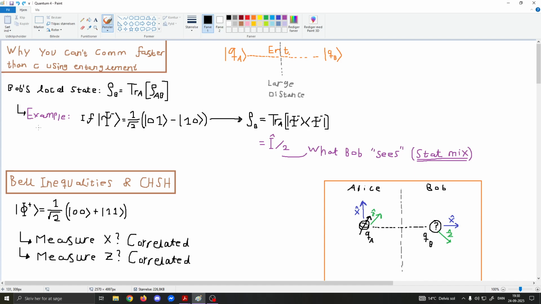But one of the things that you asked me about was, I think I did mention it, but it's worth mentioning again, that you can't use entanglement to communicate faster than the speed of light. And the way we actually go about seeing this is something we saw last time, which is that if we have an entangled state, described by the density matrix rho of Alice and Bob, then if we want to specifically describe the subsystem corresponding to one of the holders of the two qubits, say Bob, then all we do is trace over Alice's system, which basically means,